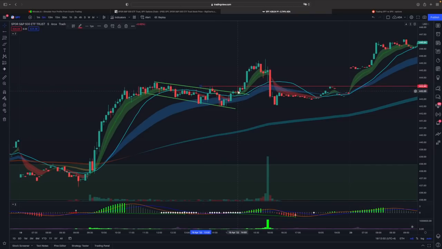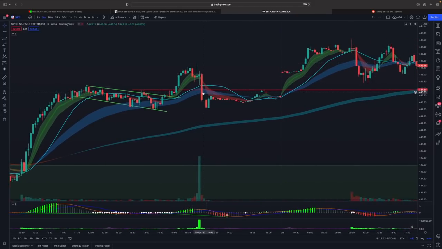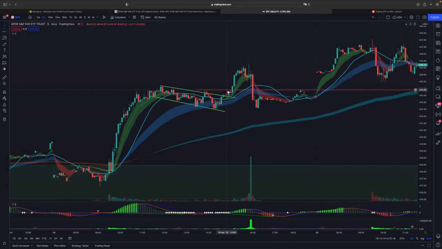You see how price is consolidating here, and then boom, you could enter right here at this break, and you can keep a stop right here. So good risk reward. And what time? Around 3 o'clock. So key times are 2, 3, but 2 o'clock, 1 o'clock, and 11 are the important ones.